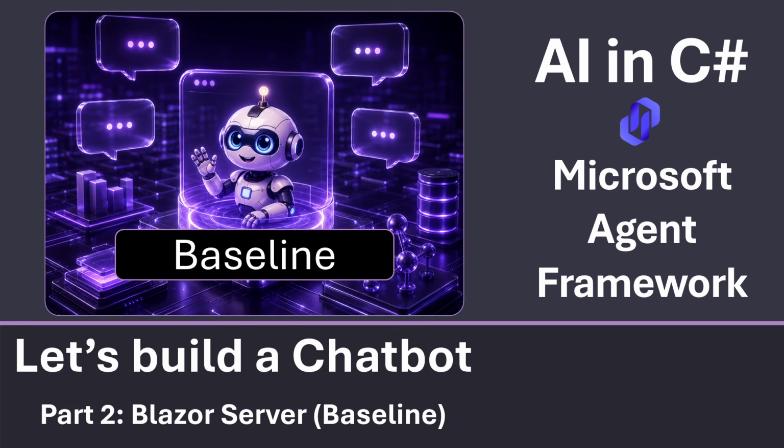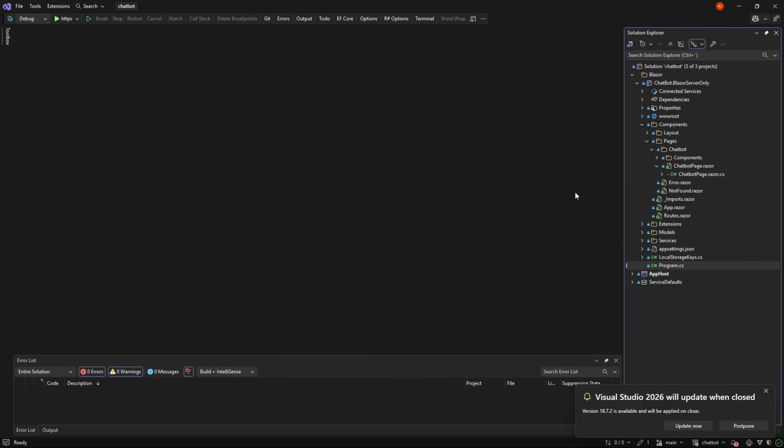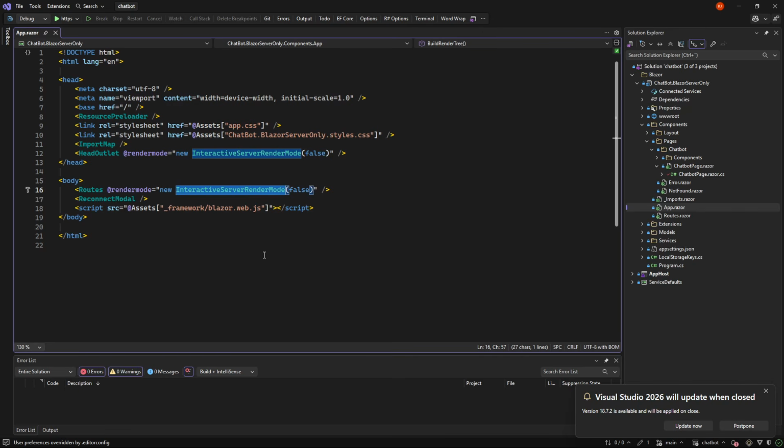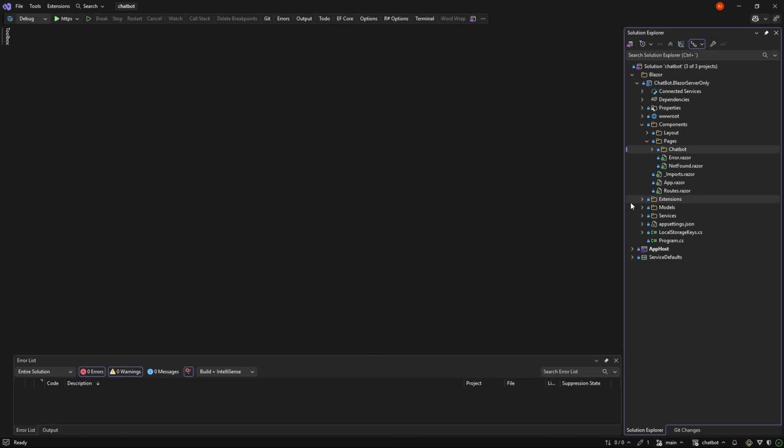So what we have in our repo, which we introduced in the latest part, is a Blazor server. And it's a standard Blazor server. The only real thing I have changed in that server is that in app.razor I put in that I don't want pre-rendering on, because it's just annoying if you want to use the Blazor server as is. Beyond that, I have more or less put all the code we need in terms of Blazor in this chatbot page, which we're going to explore in a bit.